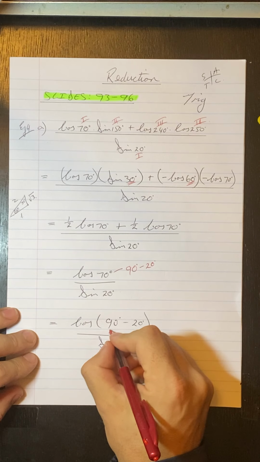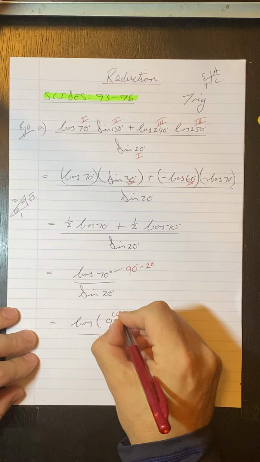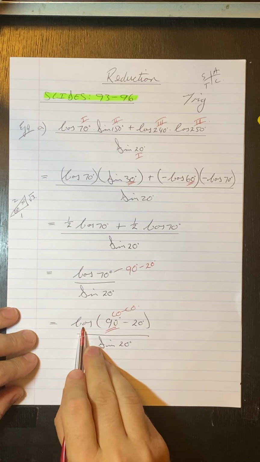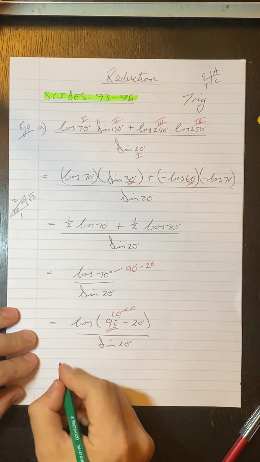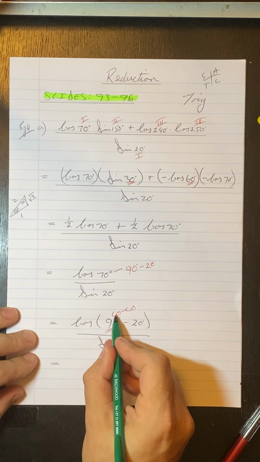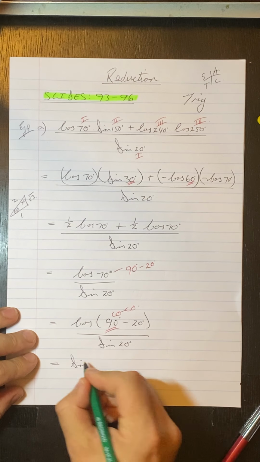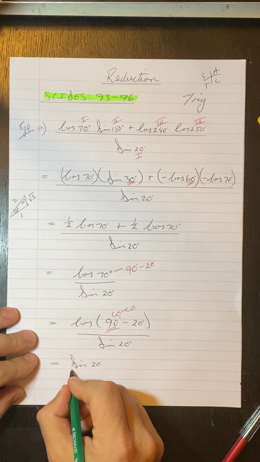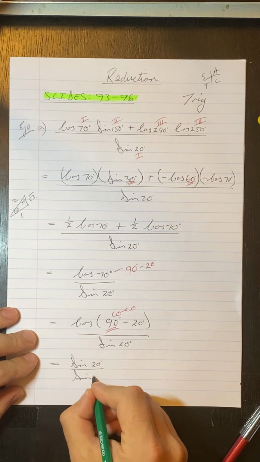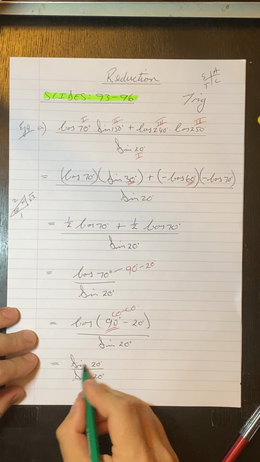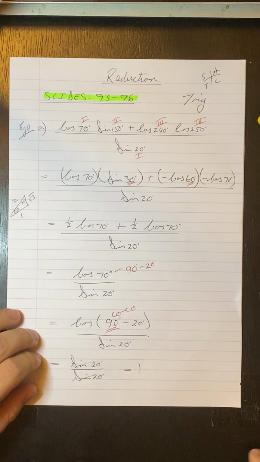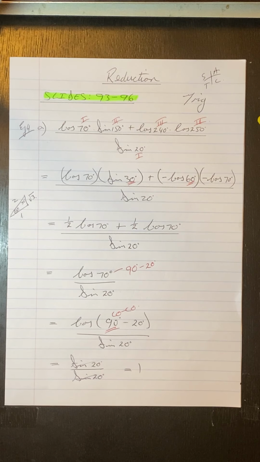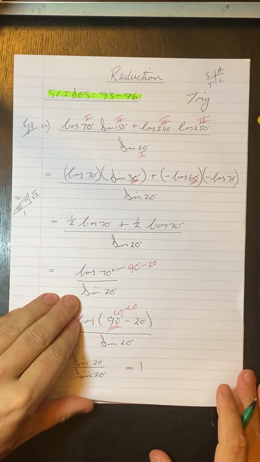Okay, now as soon as I do this 90, this is COCO. So that means that this trig function is going to change. So that gives us cos will change to sine, and it's 20 degrees all over sine 20. Cancel, cancel, and you're left with 1. Okay, so not too bad. If we look at example B,